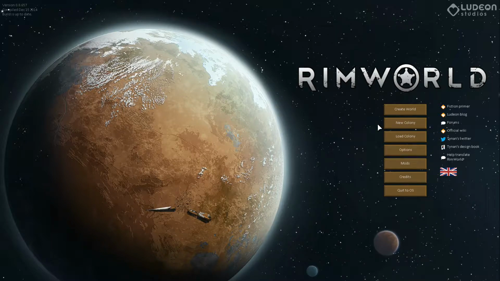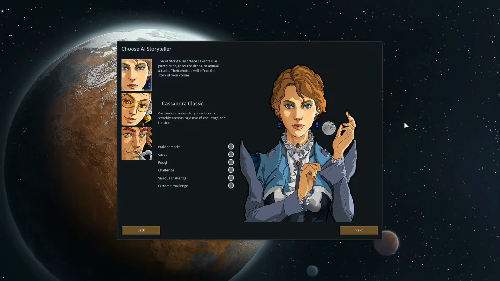We are playing some RimWorld Alpha 8, and we are going to start a new colony. We already chose a world, so we'll just start with going into the colony. We're going to go with Classic Cassandra, who is the mid-range one of the different AI storytellers. And we'll go with challenge mode because that's 100%. And if you don't know, Classic Cassandra, it says here, creates events that increasingly get more difficult,